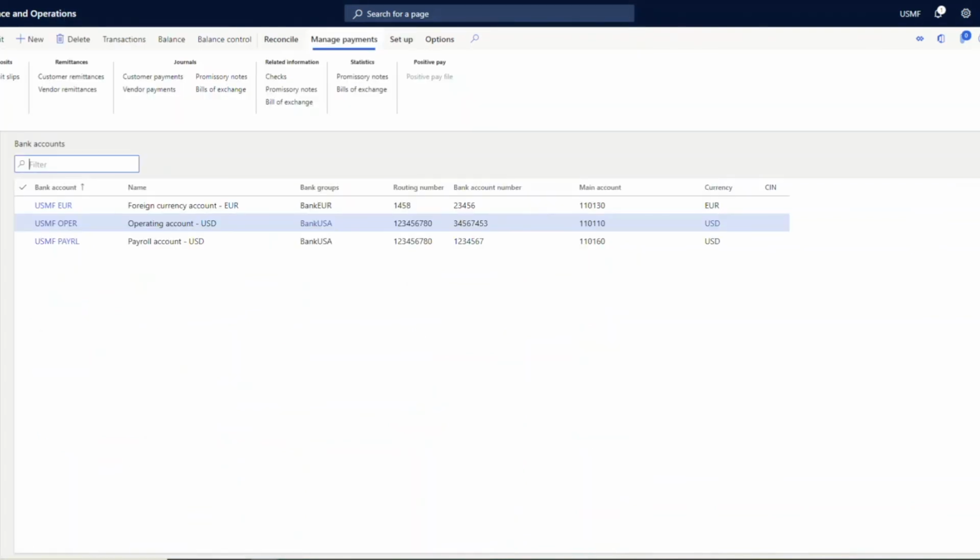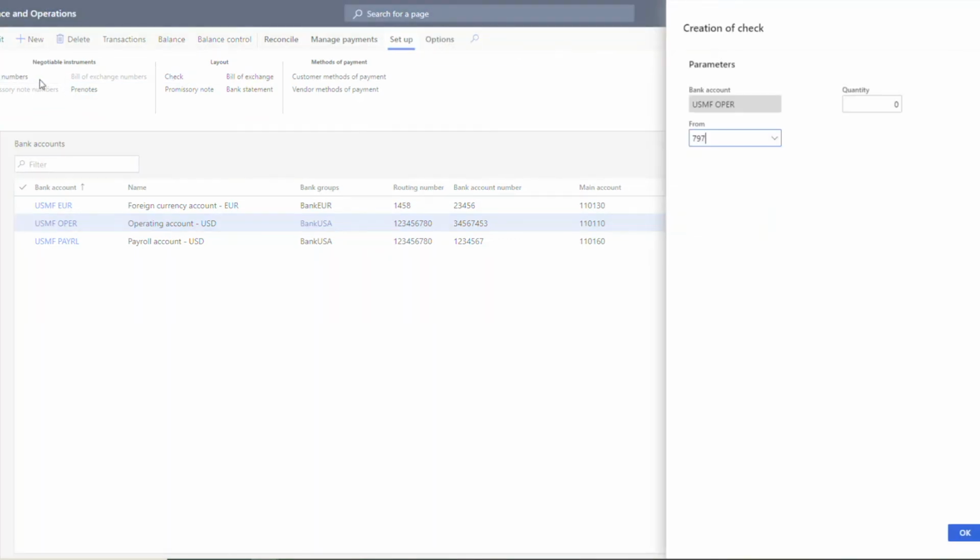Let us say a particular bank has a checkbook which has certain check numbers that need to be configured in the system. Then it can be done easily by moving on to the setup tab and then check numbers. So here you can specify the number from where it's going to start.